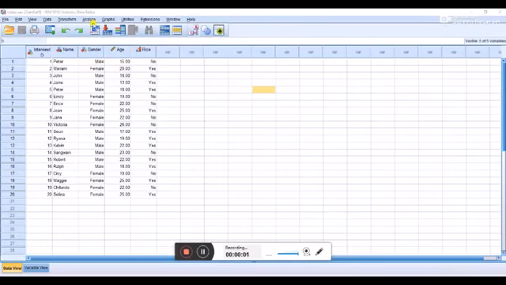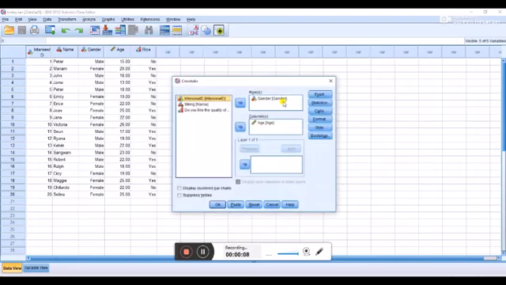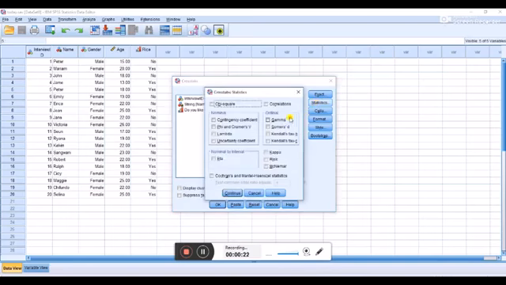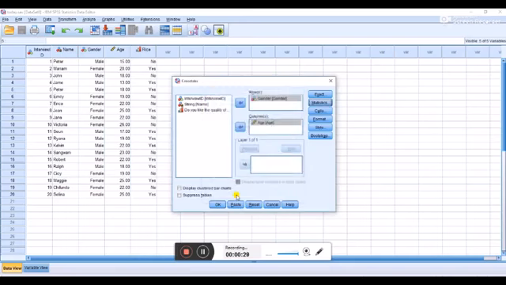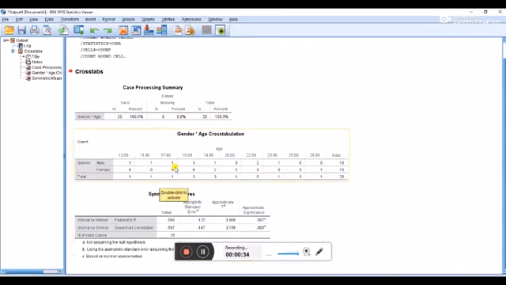So I'm going to do one more thing. I'll go to analysis, I'll go to descriptive statistics, then I'll pick cross tabs. So here I'm going to reset this. So I'm going to compare something on gender and age, and I want to click on statistics. So I want to see the correlation between this, and I could just go ahead with what I've chosen there. Then now the system draws this out for me. So you can see here